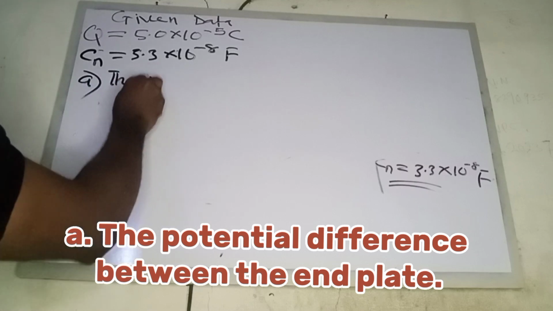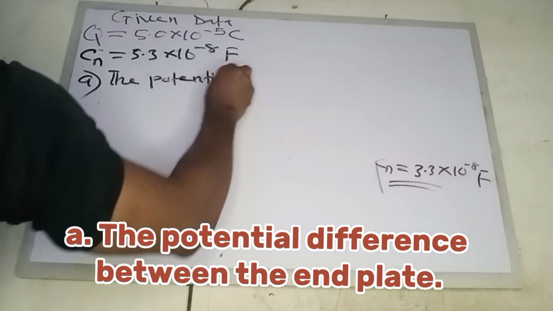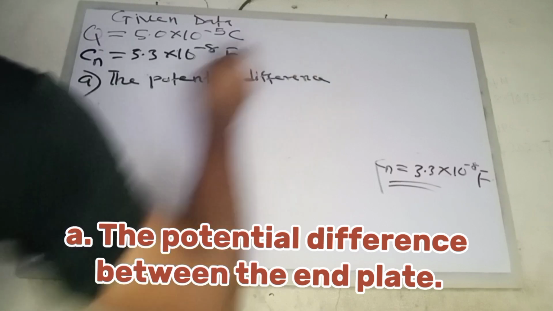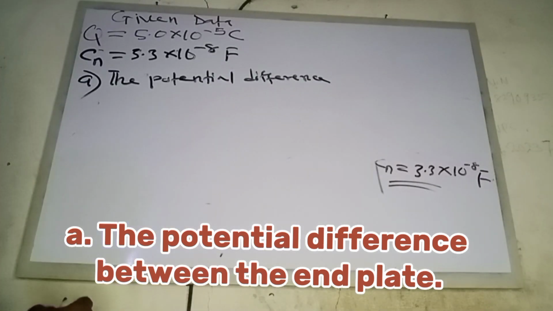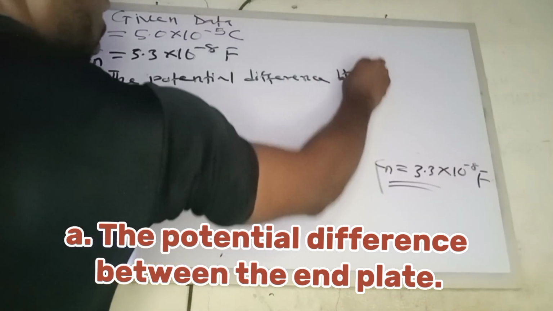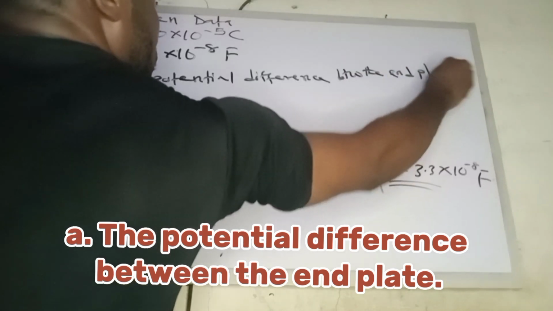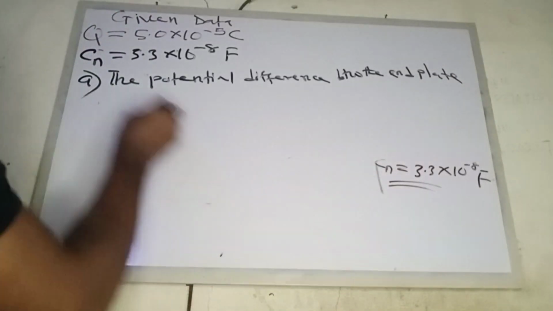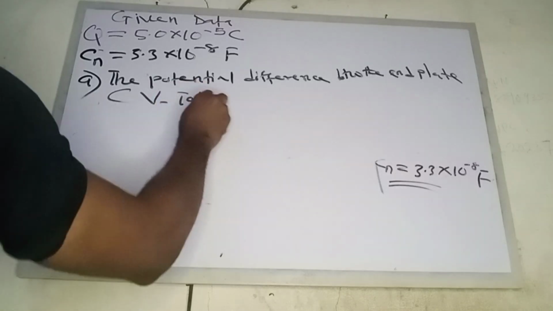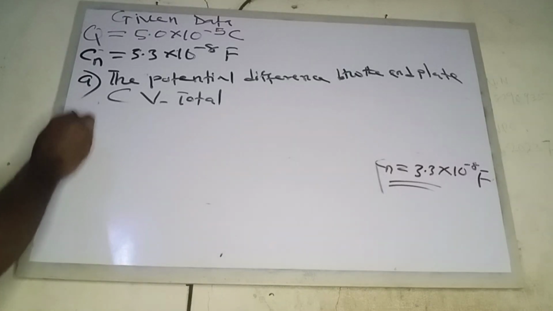let's keep it here. The potential difference between the end plates, in bracket V total, then this is the total. So at this point here now, our V total,